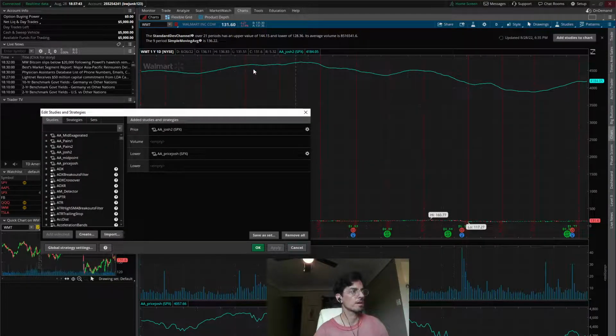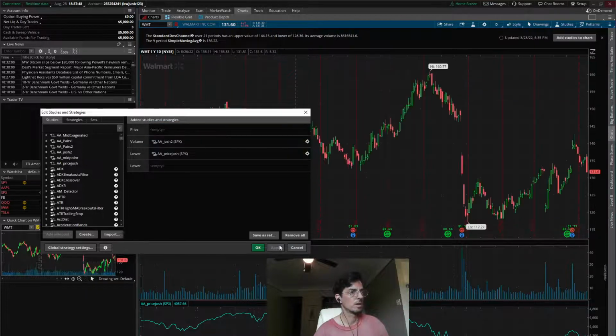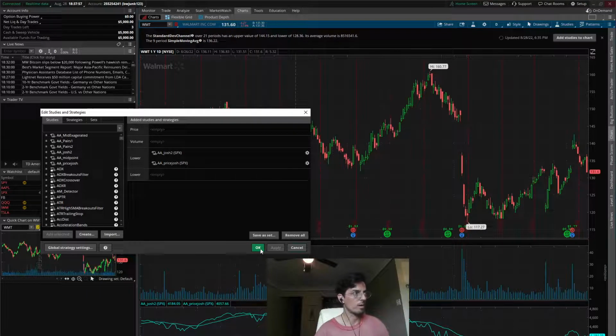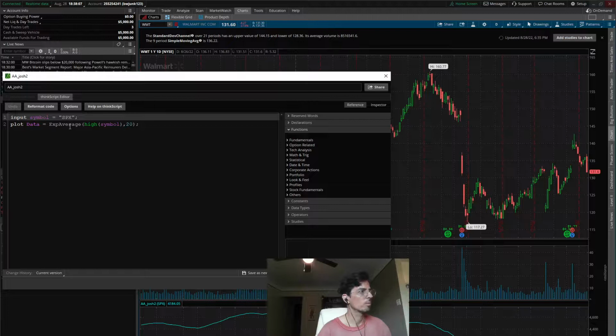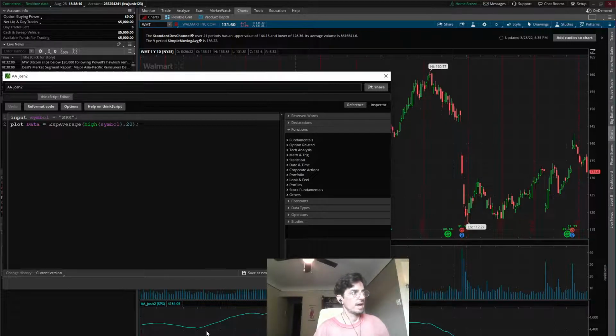Okay, Josh 2 is up there. Let's move this down. The volume, that's the volume of that. Okay, so now we don't know what we have. We're doing Josh 2, so that is SPX. And this is Walmart up here. So we have two separate graphs now on our thing. And it just shows how you can get a different symbol from the one you're looking at.